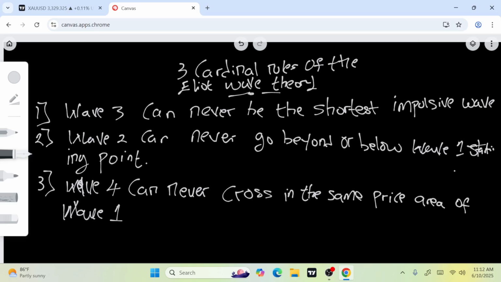Do we understand? Okay, now you have wave 1, wave 2, wave 3. If wave 4 is to come down, it must not come down to the price area of what? Wave 1. Anything that makes it come down to the price area of wave 1, the structure is broken. In other words, wave 4 should not close beyond the starting point of wave 3. Anything that makes wave 4 close below the starting point of wave 3 will come into the price area of wave 1.